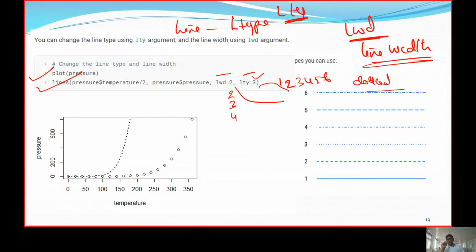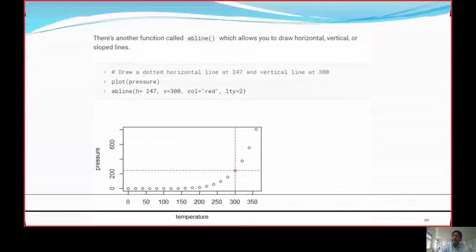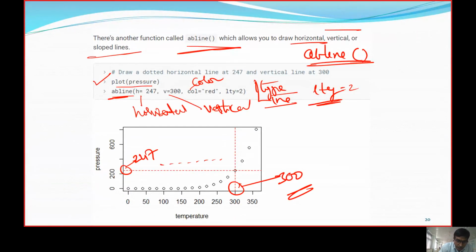An important case was line type. So lines can be a dark line, thin line, or dotted line. There are 6 types of lines which can be taken up based upon the importance. When we choose a line, it is taken with an argument called LTY. LTY stands for line type. And similarly, line width. How much should it be? It is 2, 3, 4. In this way, we give the number of pixels for the line to be displayed.